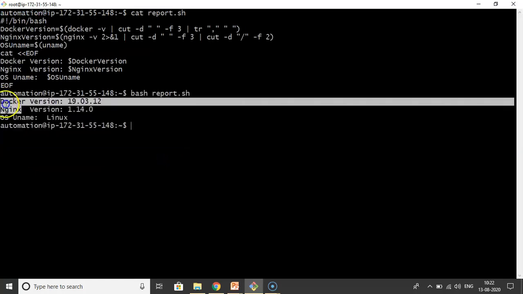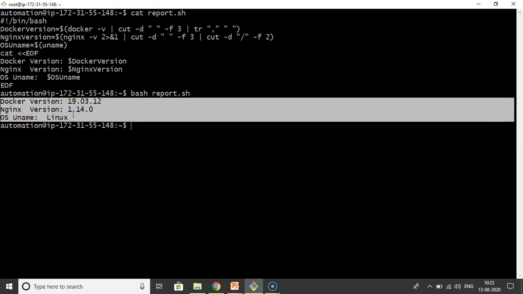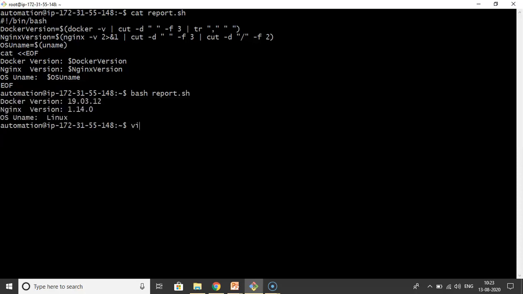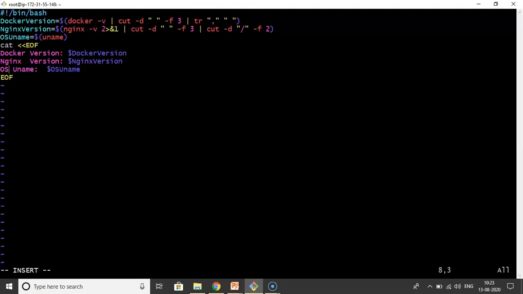Yes, you are getting it. So this content I can copy and again I will go to my mailbox. From there I can send this information to your complaints team. But if you know the mail concept of Linux, from here itself you can send mail to your complaints team. Now let me open our script. See what I am doing. Whatever information we are displaying, instead of displaying that information on the command line, I want to send a mail of that. So simply you can use the mail command to send a mail.